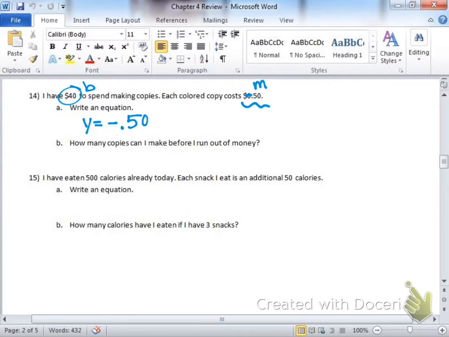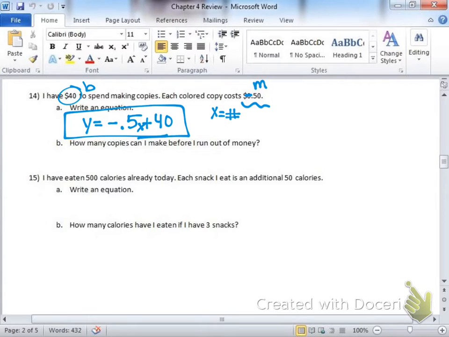So the equation here is going to be y equals negative. You can put the 0 to remind yourself that it was 50 cents, or you can drop the 0. I'm going to drop it because it feels weird to write it, honestly. So negative 0.5 plus 40. That is my equation. Oops, I'm missing something. What am I missing? The x. Oh my goodness. Terrible mistake. So y equals negative 0.5x plus 40,